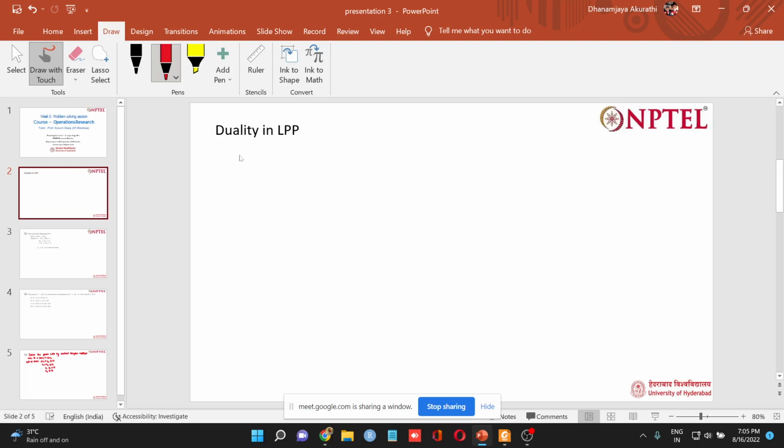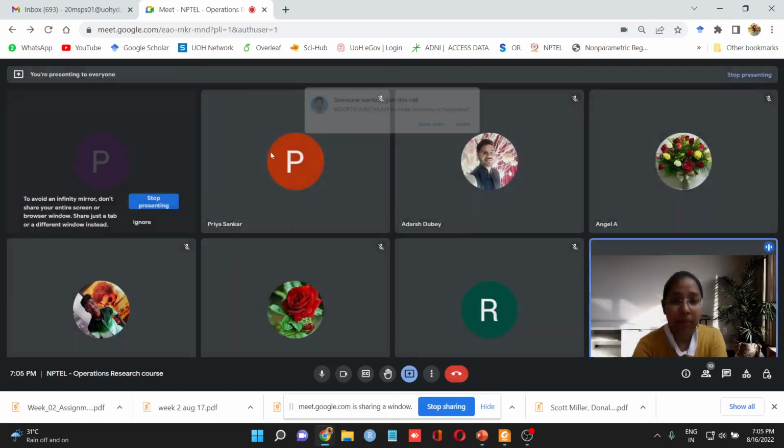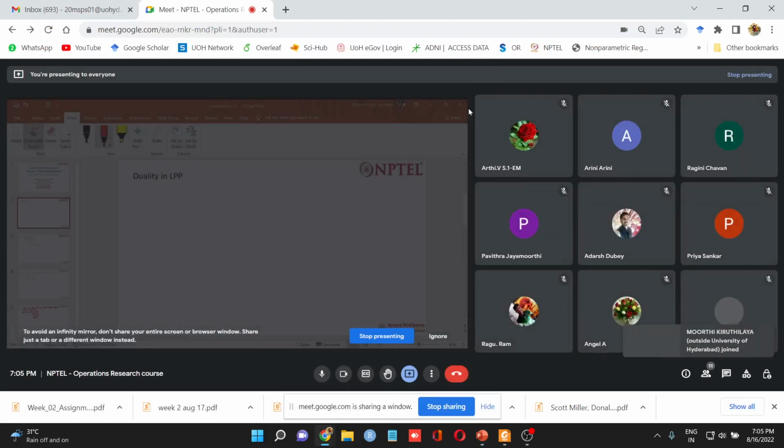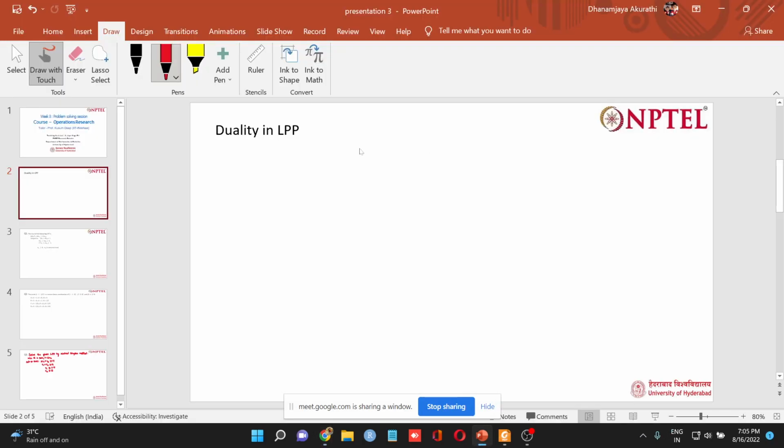This discovery of duality is the fact that every linear programming problem has another associated linear programming problem. The original one we call the primal LPP, and the latter, the other LPP,